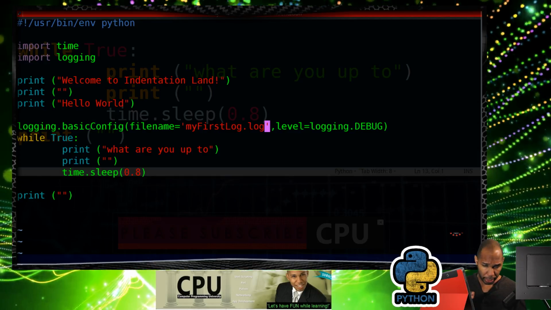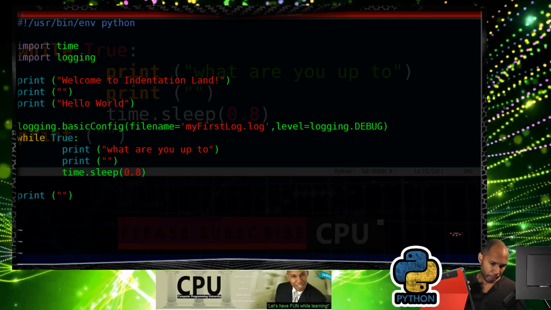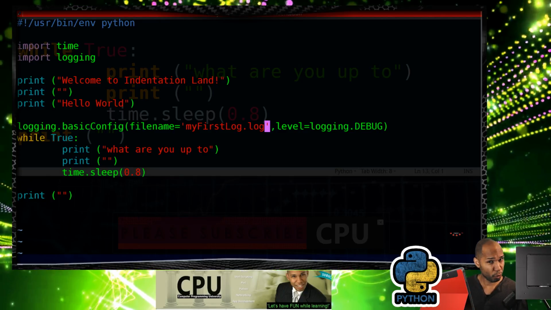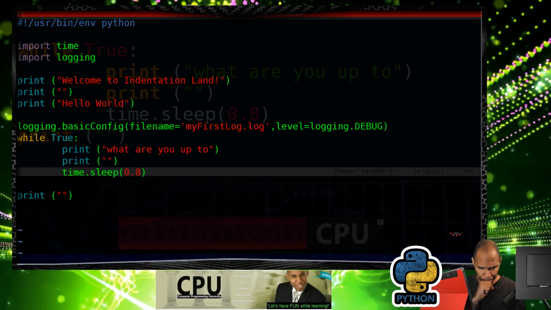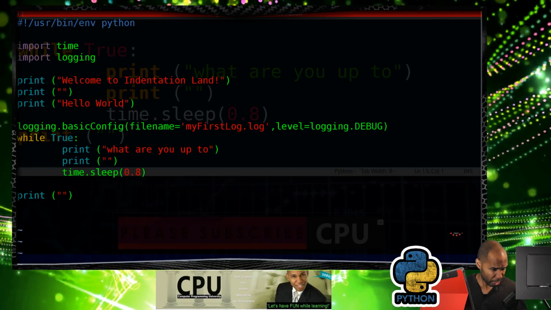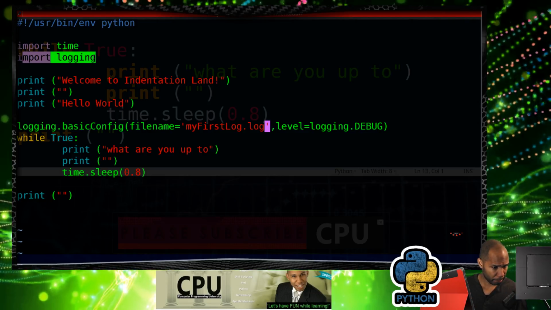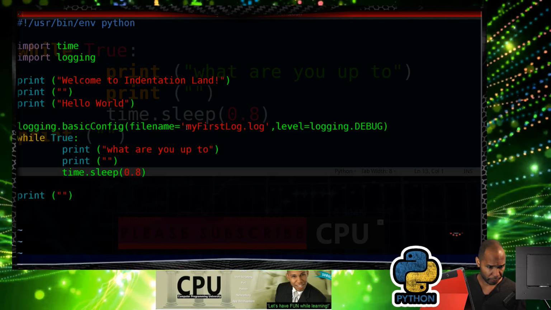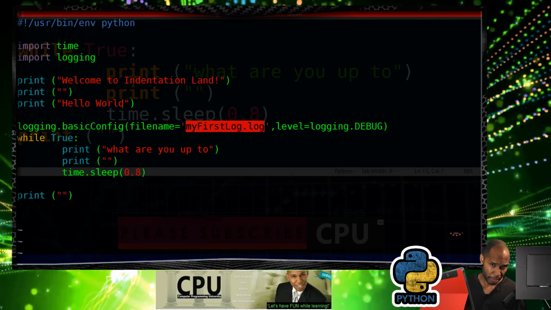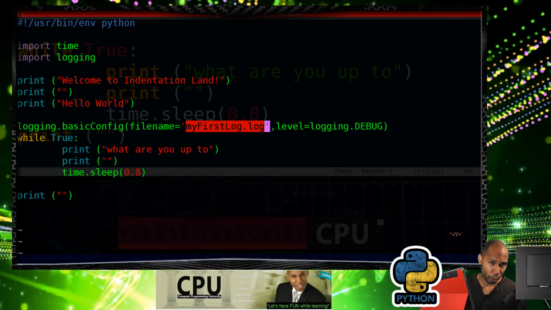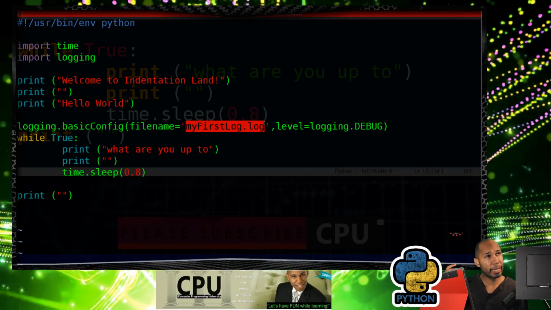What I'm indicating is whenever I log something, because you're going to specify what you want to log, right? So let me go through the whole thing. First we import logging, so we have the logging library available, right? Then we specify the log file, and the log file is the file that we're going to write to whenever we